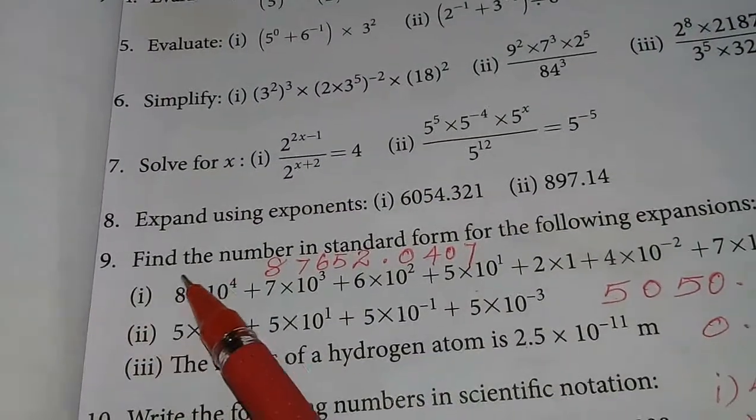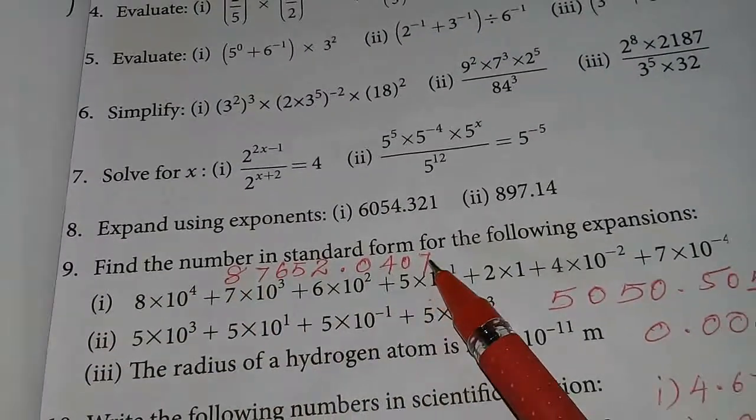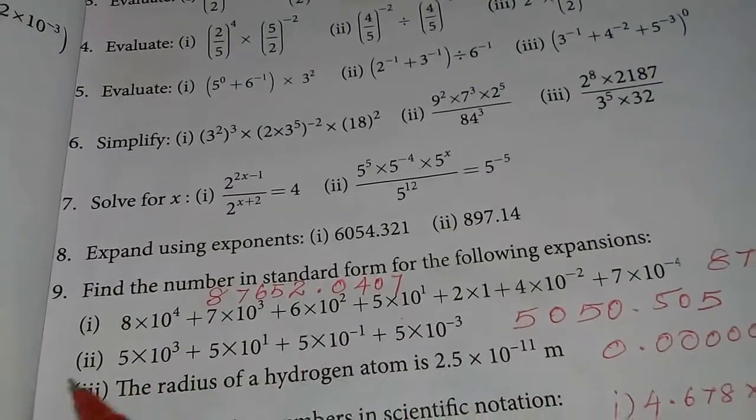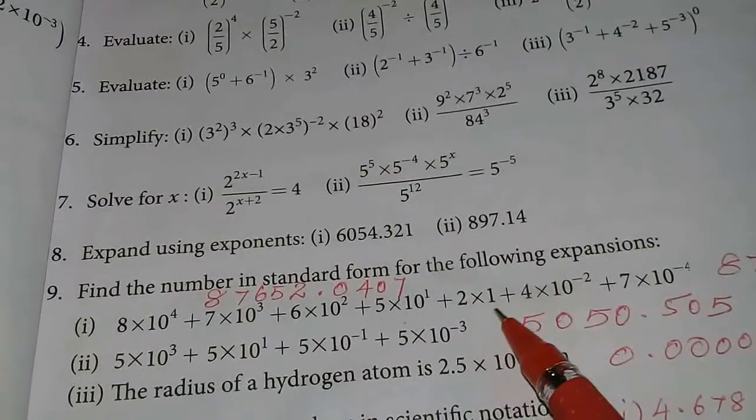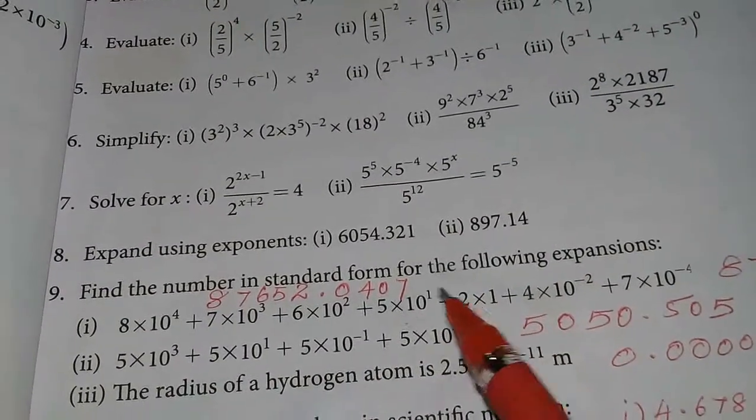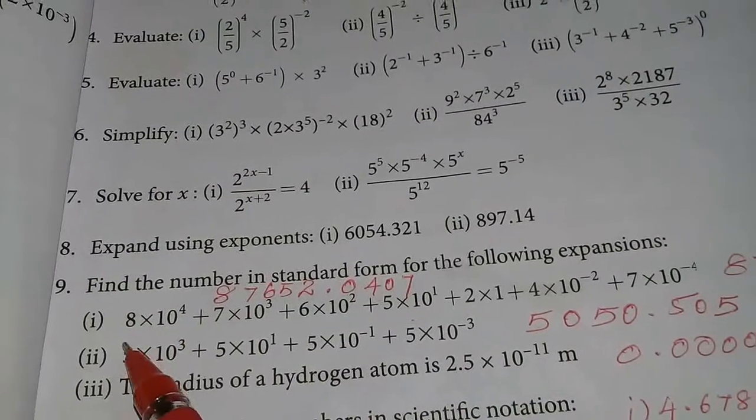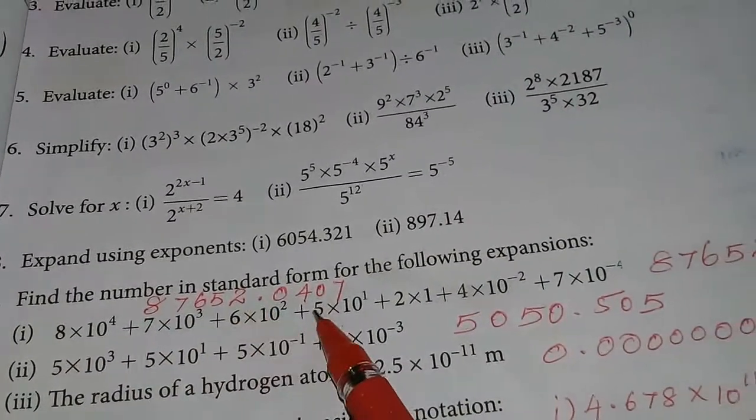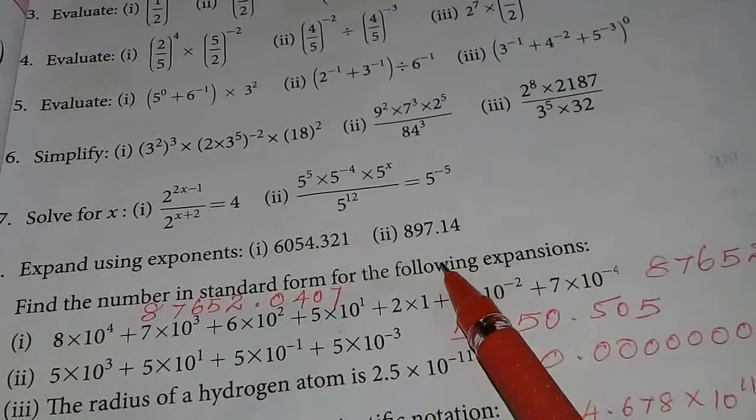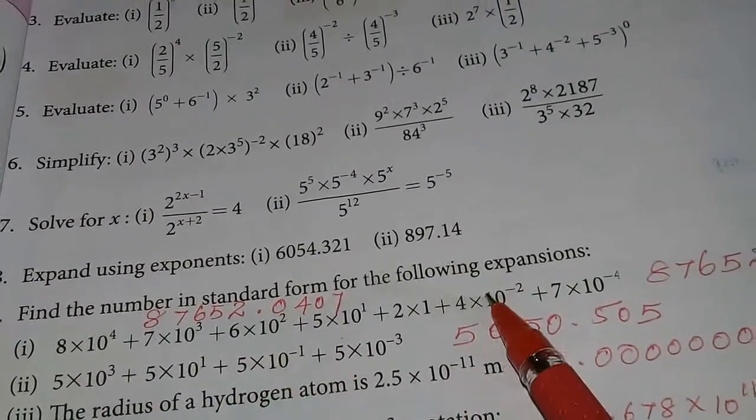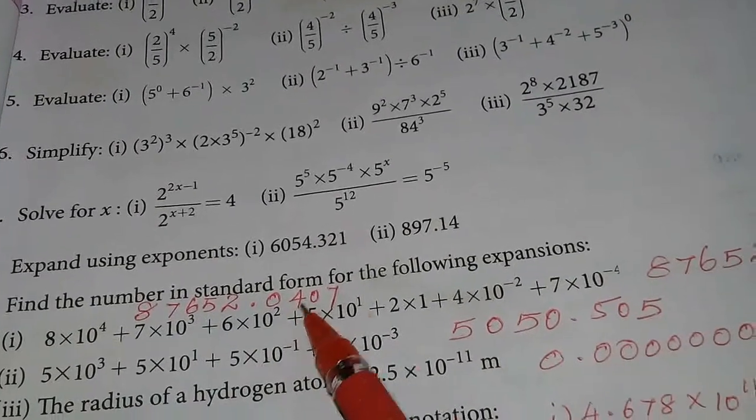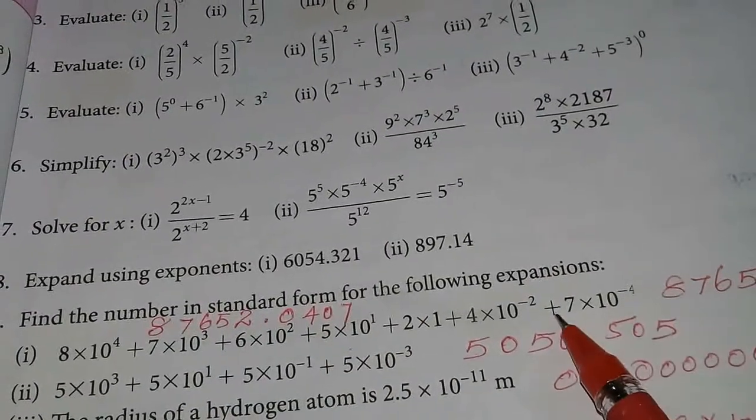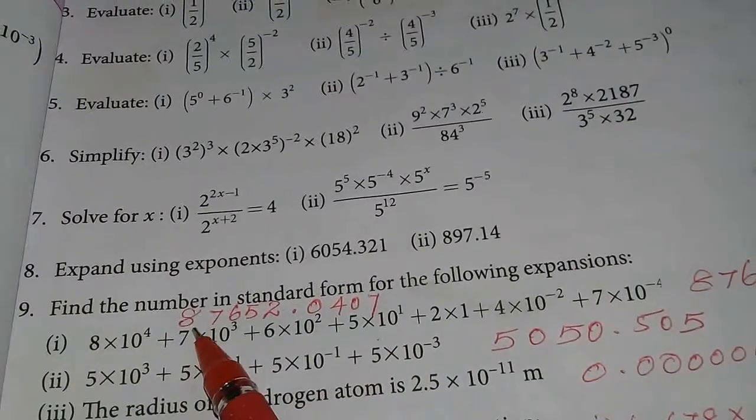So ninth question, find the number in standard form for the following expansion. Here the first one, so 2 into 1, that is 10 power 0, the answer is 1. So 1, 10, 100, 1000, 10,000. So 87,652 point. So 10 power minus 1 is missing here. So put 0. Into 10 power minus 2 is 4. So 10 power minus 3 also missing, 0. So 10 power minus 4 here 7. So the answer is